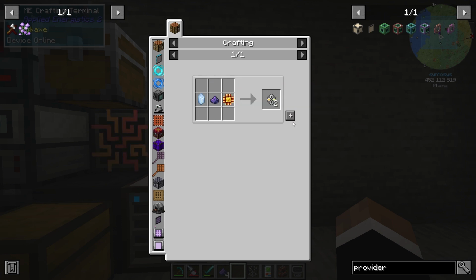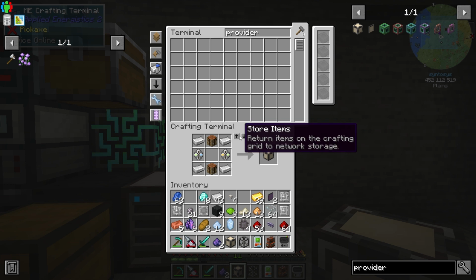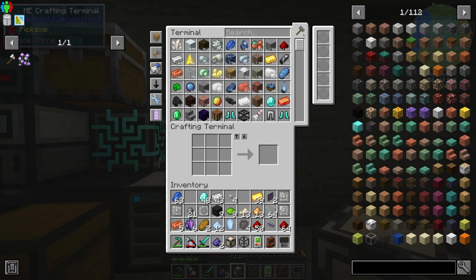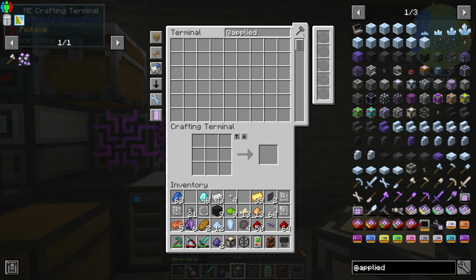So now we should be able to do our formation, which gives us 2 of them. And we should be able to do our annihilation, which gives us 2. We'll put those in the system, and then we'll hit the button and we'll get our ME pattern provider. Now, what I'm going to do, I'm going to put those back in the system. I'm not going to create another one. Okay. Now, there are a couple of other things that we need, which, as I said, it gets really complicated